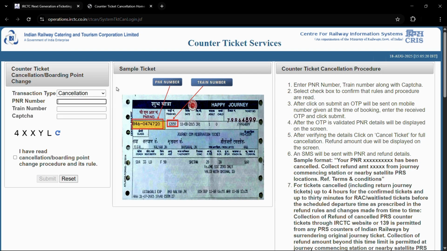and now you will have all of the instructions required in this particular page. As you can see, under the transaction type, you need to select the cancellation option, and then you will need to type in the PNR number, which is written right here over your counter ticket in this yellow panel. And then you will need to type in the train number, which is present right here